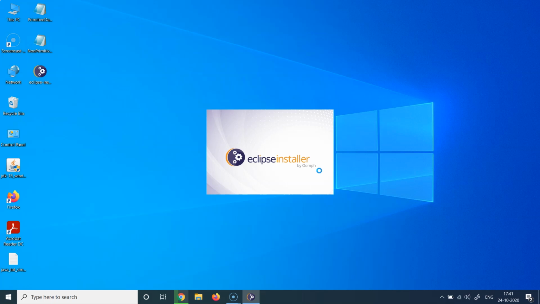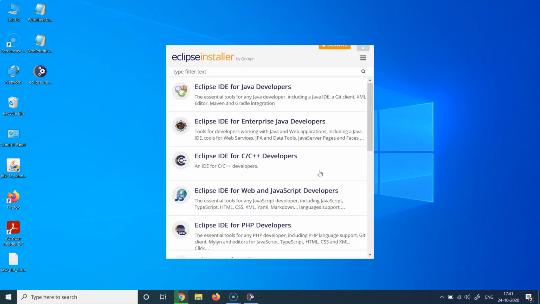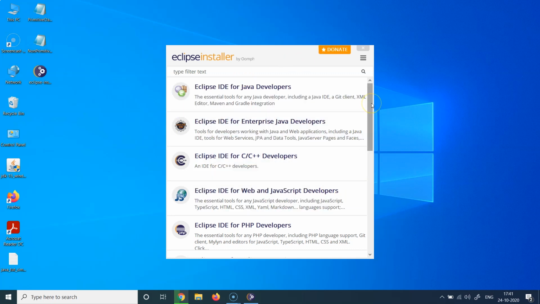And based on your computer's capacity and speed, it is going to take a few seconds. In the background, it is basically unpacking this installer and creating all the installation files which it needs to successfully install it on your computer. Once that is done, you will be presented with this kind of screen, and you will see that Eclipse provides